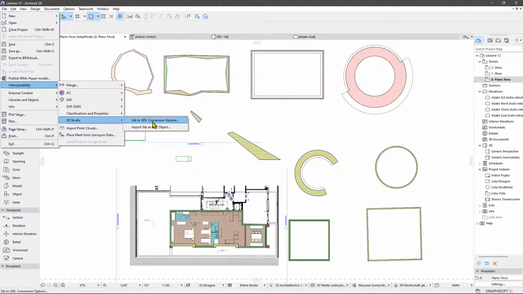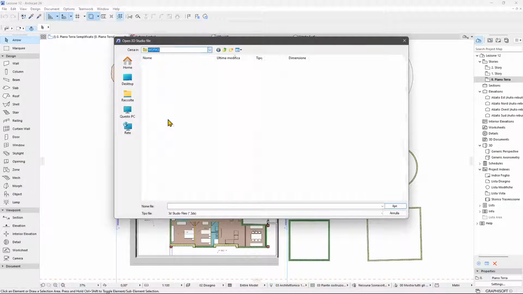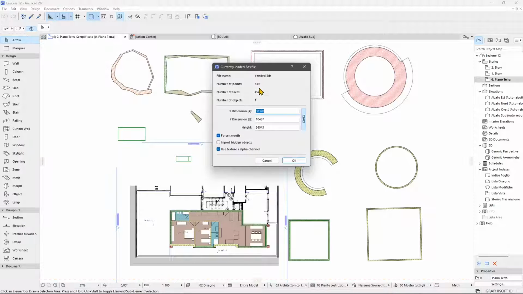You can use the conversion options if you want to specify some options before you actually import. Otherwise, just go here and import 3ds. And in my case, I have a folder called 3ds. And I also have this simple banded 3ds, which is a banded column, just to make an example. So I'm going to do open. And we can see here the number of faces or polygons, and here the number of points, and we can set up the dimensions. Now you need to know what units you are using. Now I think that in this